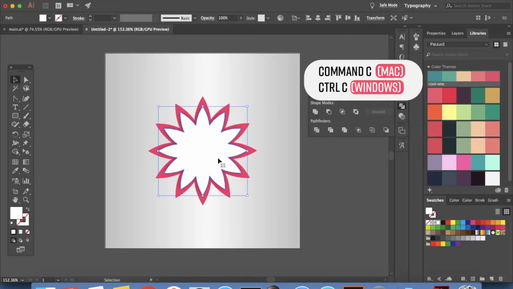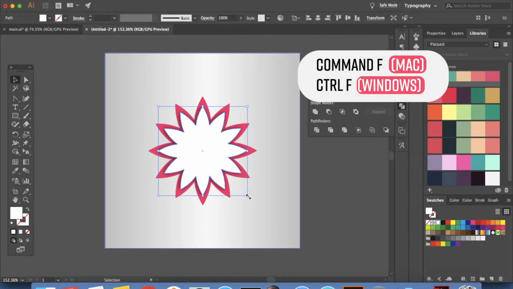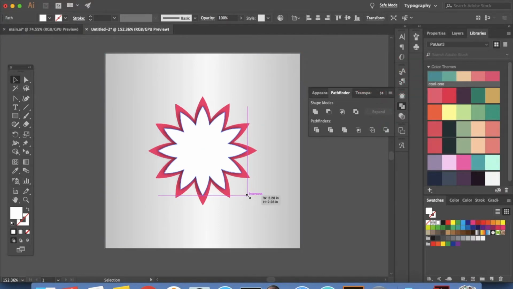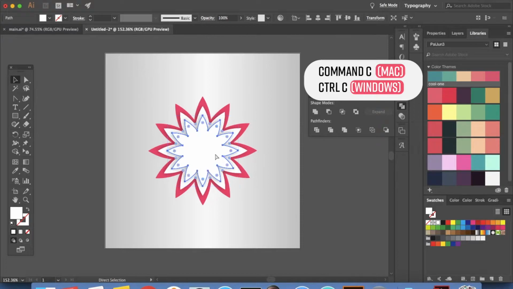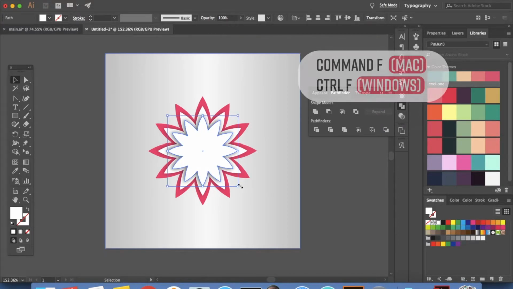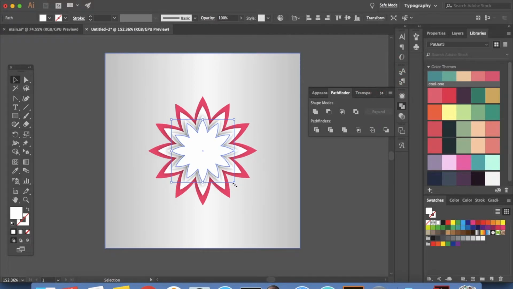So Control C or Command C, Control F or Command F. Now we'll do the same thing. Hold your option key down, shift key down, click and drag inside. Okay, so now that we have got our second one right here, let's do one more. So Control C or Command C, Control F or Command F. Hold your Option Shift, click and make it slightly smaller inside. Let's do the same thing again. Okay, so you have your flower ready where it looks like you have cut some sheets of paper and put